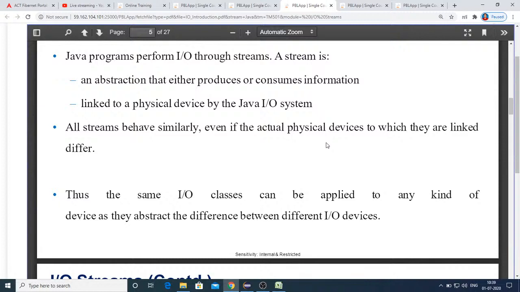You can write it to the console, to a file, to some error log, whatever it might be, but the streams behave the same. I mean, an input stream, irrespective of the input devices being used, always behaves as read. Similarly, an output stream, irrespective of where it is being written to, behaves the same. That's the point to be noted here.